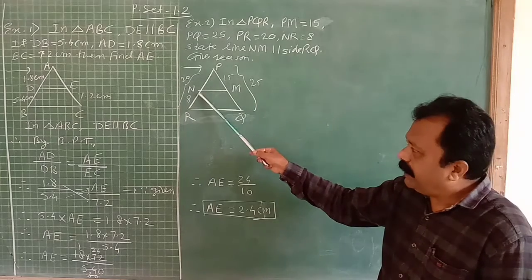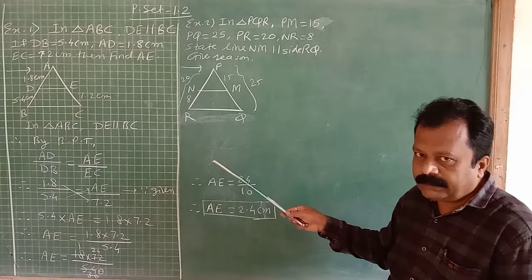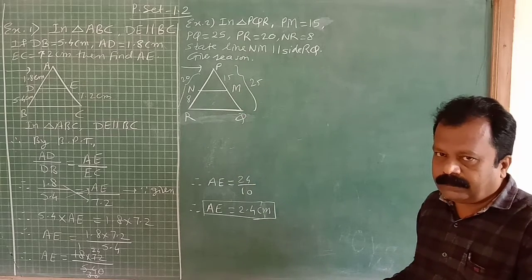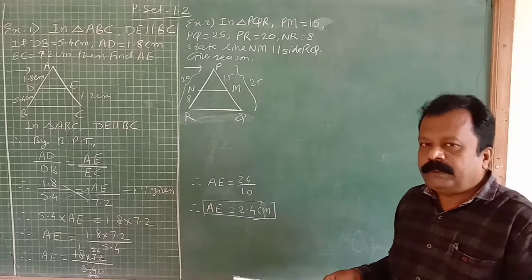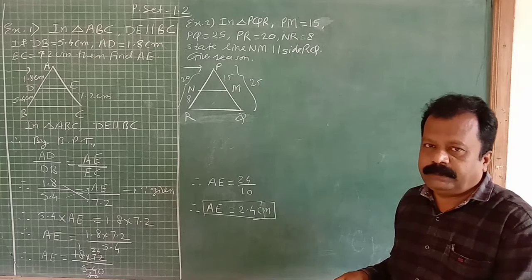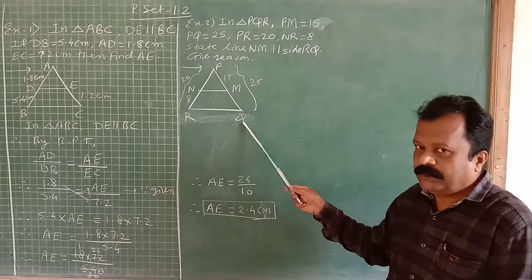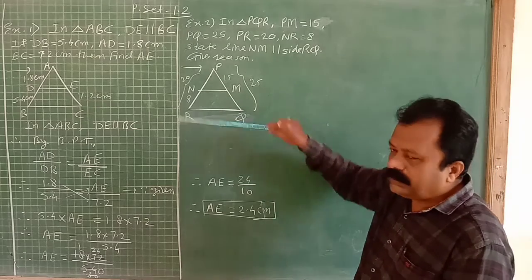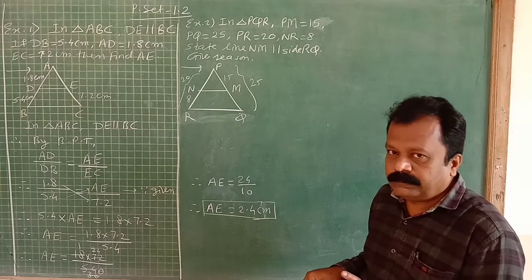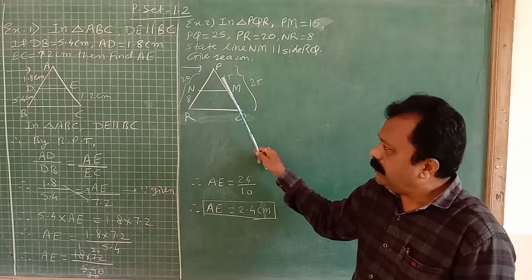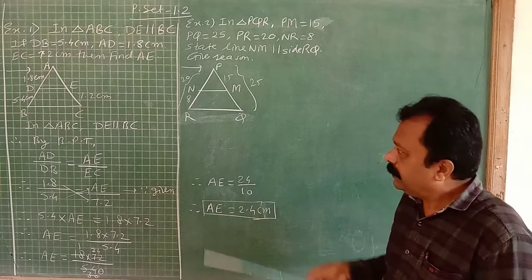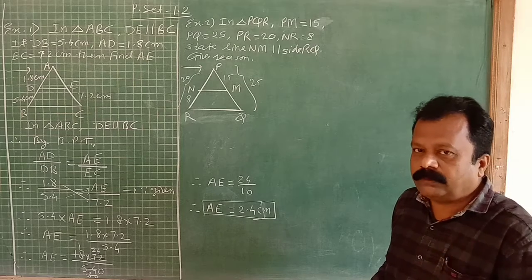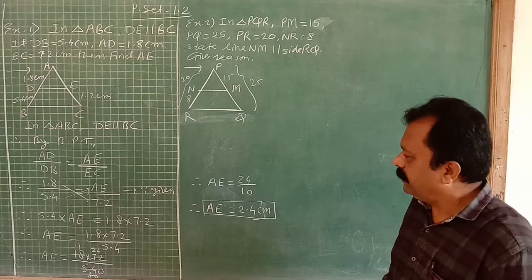So take the ratio PN upon NR. What you get, consider number 1. PM upon MQ, what you get, consider number 2. From 1 and 2, if both values are the same, then the ratios are proportional, so this line intersecting these two lines is parallel to the third side, meaning RQ. And if the ratios are not in proportion, these values are different, then NM is not parallel to RQ, by using the converse of the basic proportionality theorem.